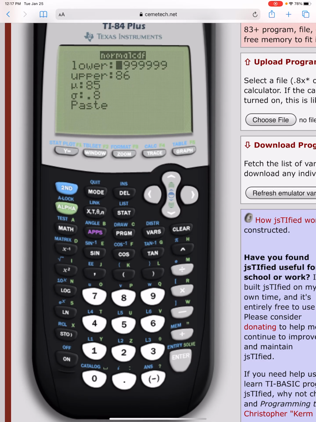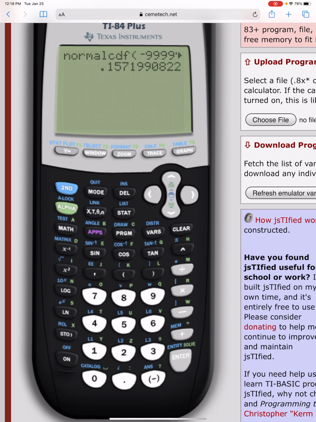Down to normal CDF again, because we're doing this here. We want to be less than 0.5, so negative infinity is good, up to 0.5. My mean is 0.55, and my standard deviation was 0.0497. Type all that in there, hit enter, enter, and I get